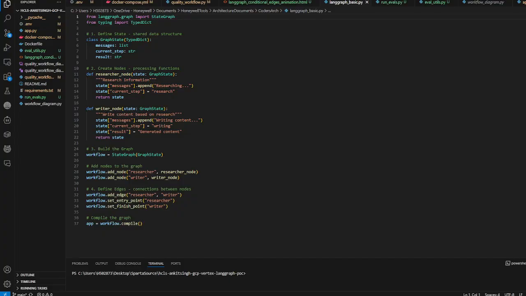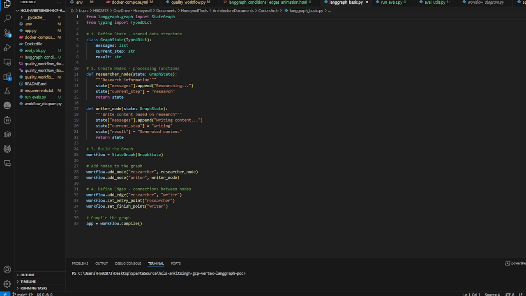Now I want to explain the concept of LangGraph through a small code snippet. As you can see in this example, I have a graph state, which is nothing but a type dictionary. This is the shared data structure that is shared between the different nodes. Then we have a couple of nodes. As you can see, these nodes take the input as the graph state instance, and they can read and write from that state. So we have a researcher node, we have a writer node,